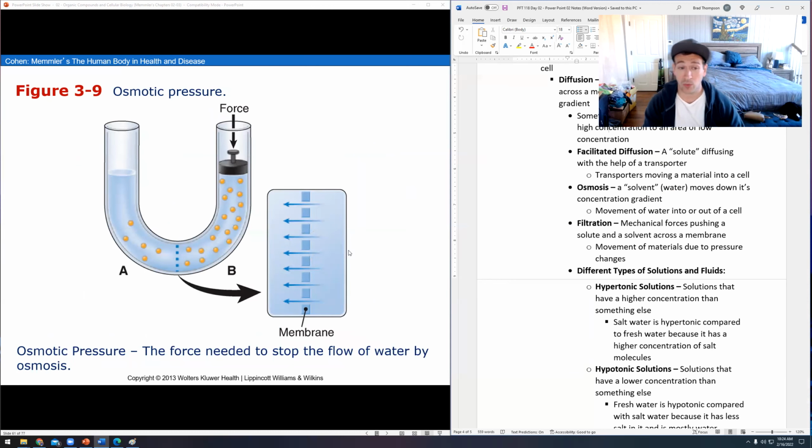There's also filtration, where a mechanical force can actually push against that concentration to maybe move it back in the other direction. You've probably experienced this if you've ever tried to shove something through and it kind of goes at the pace it goes at. Doesn't matter how hard you press, it doesn't make it happen any faster sometimes.